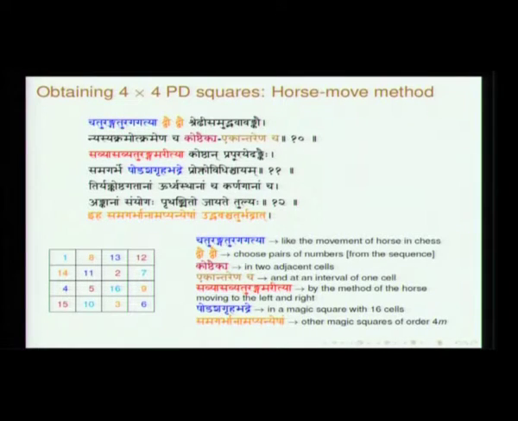Then you consider 4 more, next to 4. So you have to start with 9, and then you have to get Turagagati 10, 11 and 12. So this is again sort of clockwise, and then start 13, 13, 14, 15, 16, ho gaya. So this is how this Turagagati.